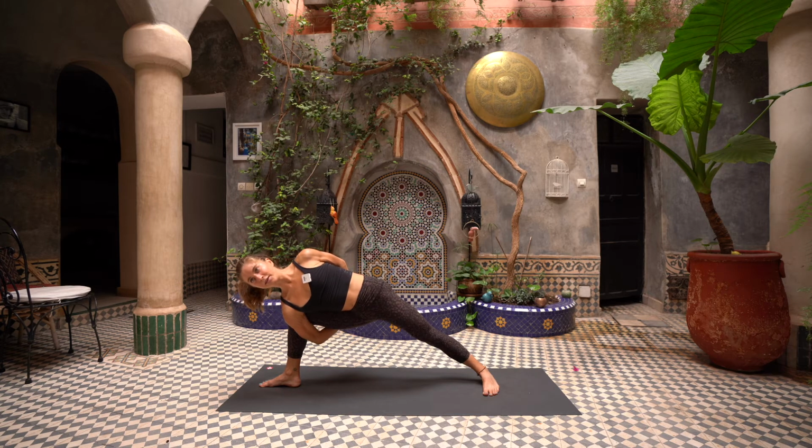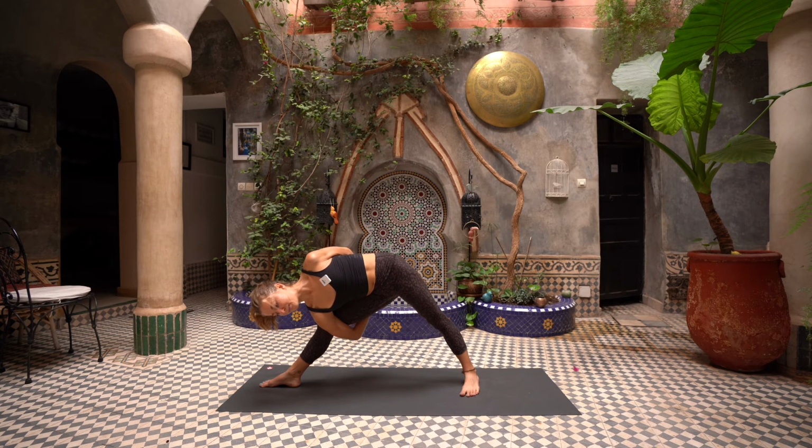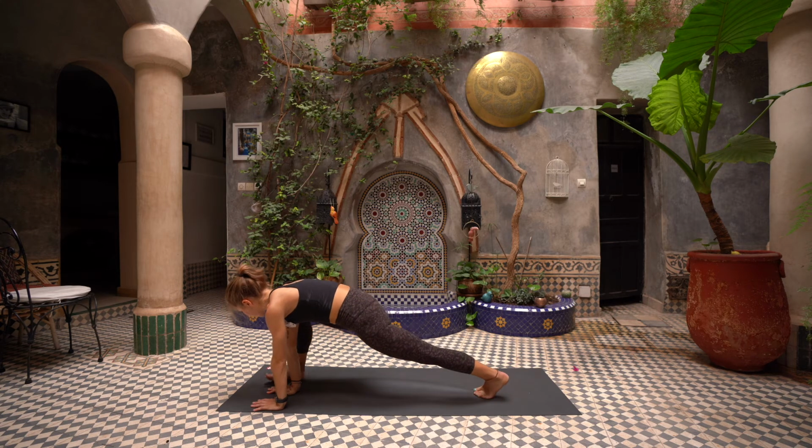Now, if you're like, all right, that's easy, let's go ahead and straighten that right leg. We've got a nice bound triangle. The torso is going to drop a little bit. Again, think of peeling the left shoulder on top of the right. Bring your gaze down to the mat, easier, gaze up, harder. 3, 2, and 1. Release your bind, square yourself towards the top of the mat, and walk your right foot all the